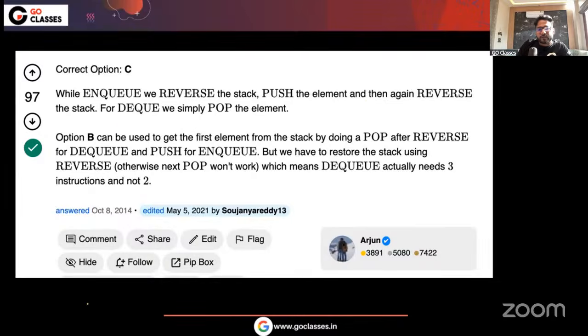So for the NQ, see, for the DQ, I just want this to be left for DQ. If I want DQ in a single operation, then the stack should look like this at the time of DQ.